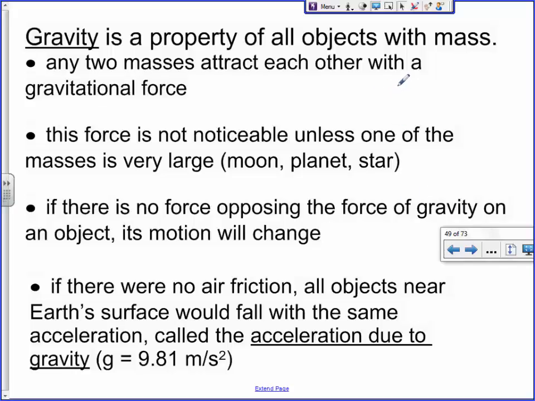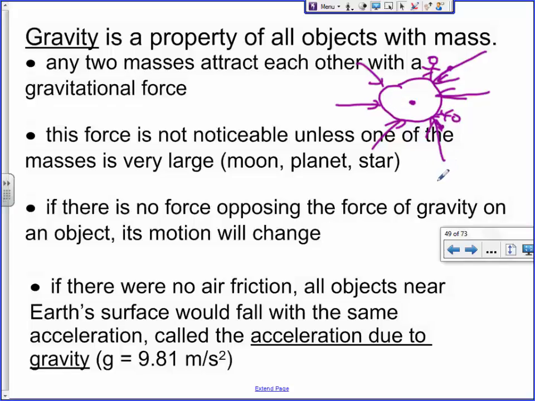For example, let's see if I can illustrate this well. Imagine this is the Earth, and we are standing right here. If I were to drop something, it would go that way, right? But someone on the other side of the planet in Australia right now, if they were to drop something, their perspective is also that it's falling down from them. But really, gravity-wise, it's more like everything goes in. That might be a better explanation. Does that make sense? Gravity is really pulling everything to the center of the Earth, in a way. So I don't know that down is actually the right word for us to use for gravity.